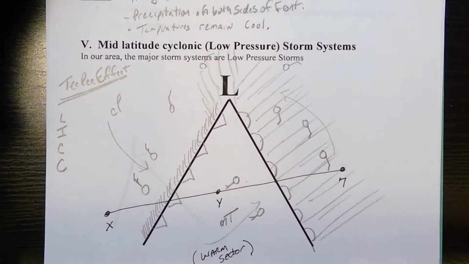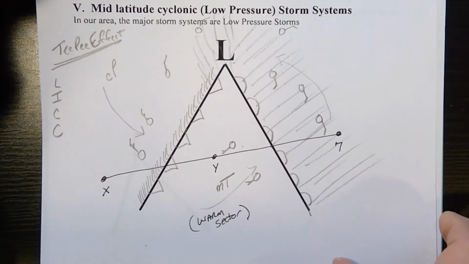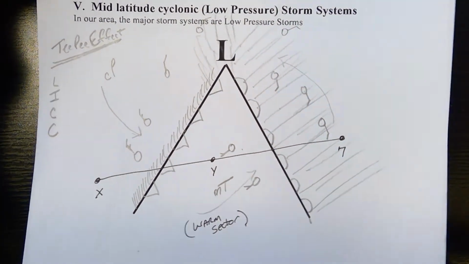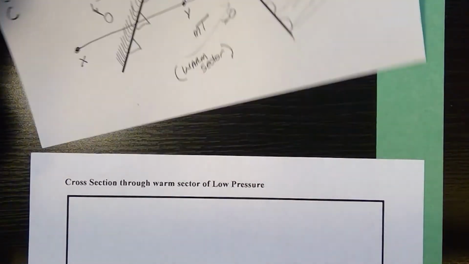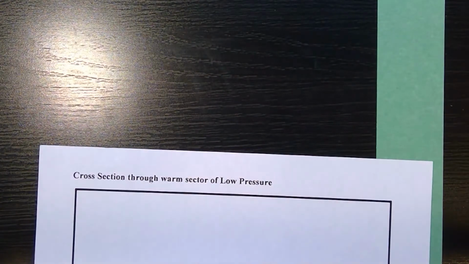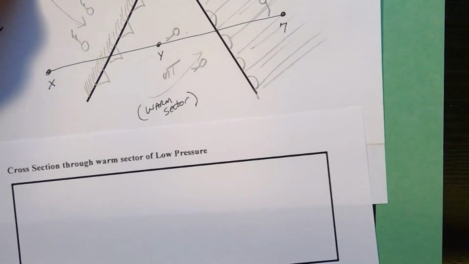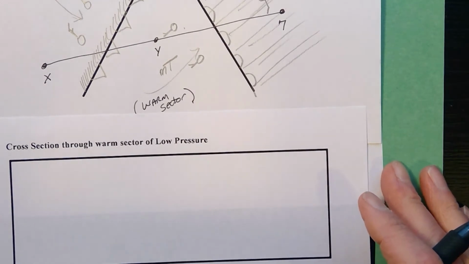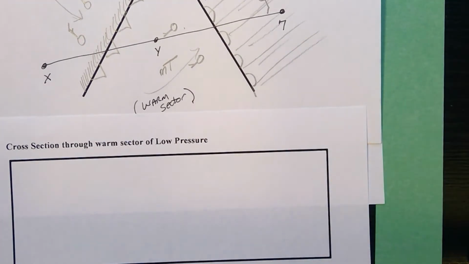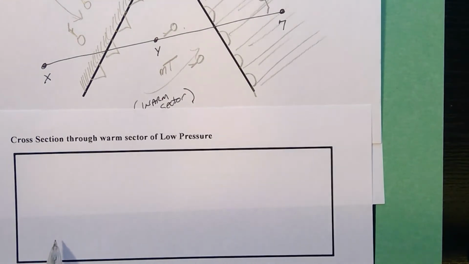And what we're going to attempt to do is to draw a cross section of that through our mid-latitude cyclonic storm system. So if you take a look at this, see if I can make this work. But you've got your mid-latitude cyclonic storm system. We're going from X to Y to Z, which is right through the warm sector. So if I want to draw this, I'm going to